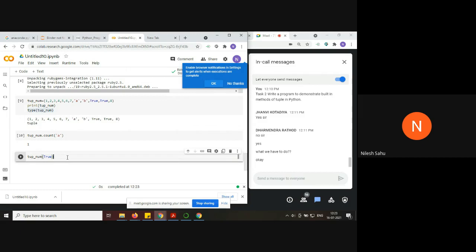So what will be the output here when I say tup_num.count(True)? What is the value it is going to return here?